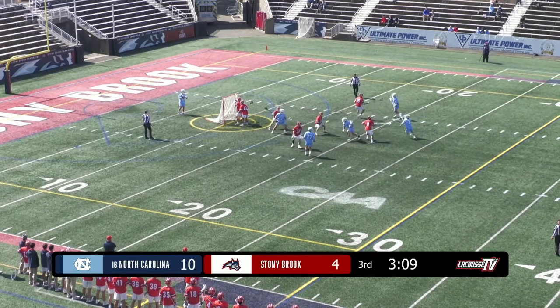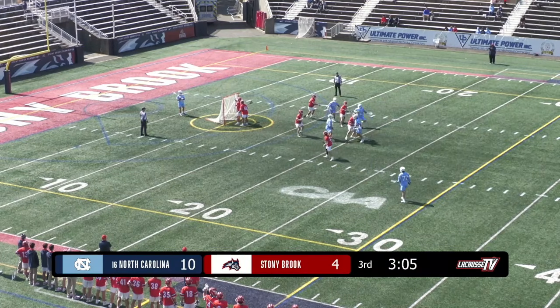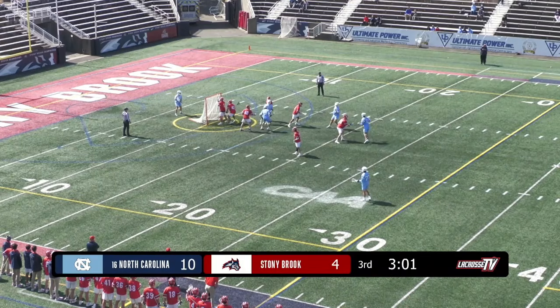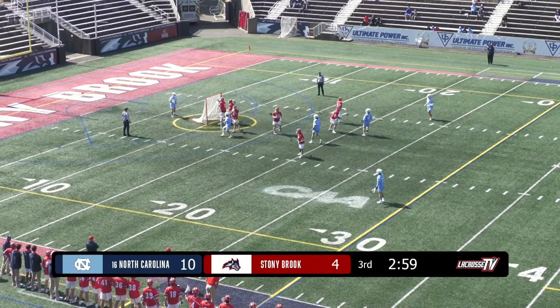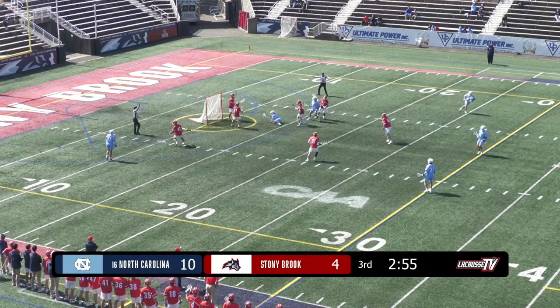And they'll have another possession here. And they've got space to work with. Just plenty of time to wait for someone to get open. As now there's 3 minutes left in the third quarter from the back. The shot clock isn't going to be on their side forever. Now the pass inside and the shot